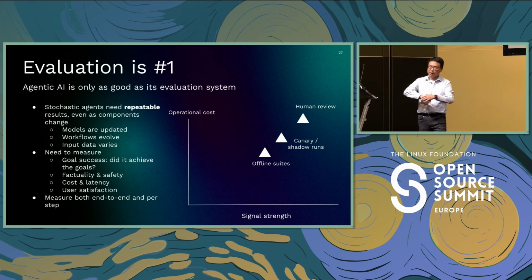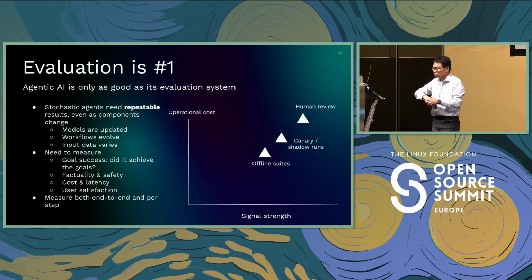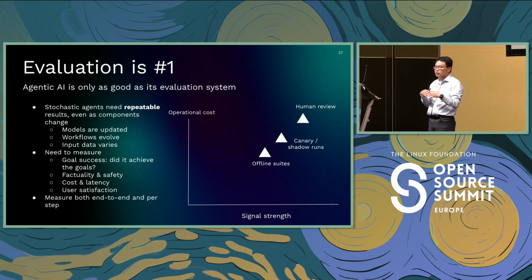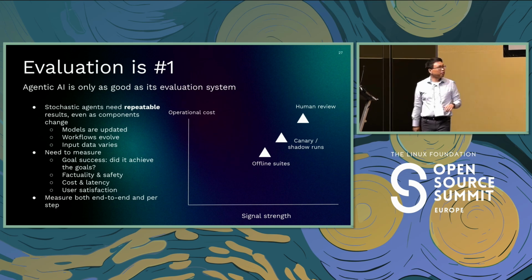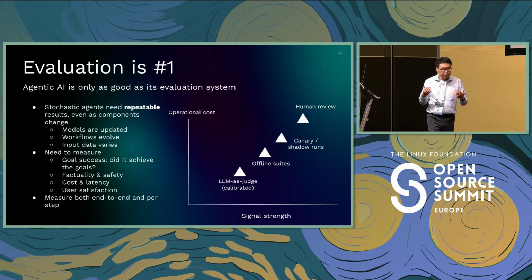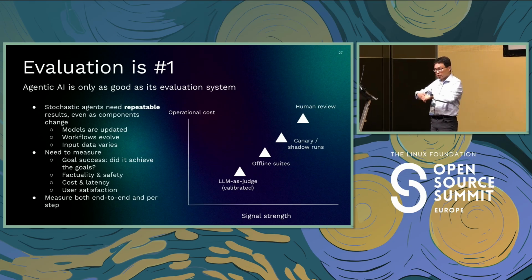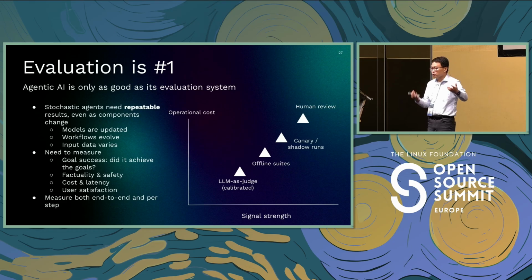Offline suites, so I might have a set of standard inputs that I've carefully curated and have humans label, and that's actually a really good strategy to give me a sense of where things are. And then finally, people start to calibrate additional large language models to actually measure and compare the results, right? So you can have a large language model and say, and this is actually a very popular use case